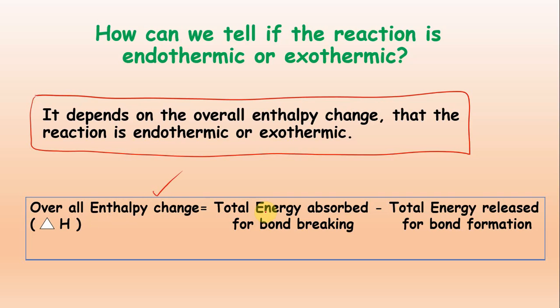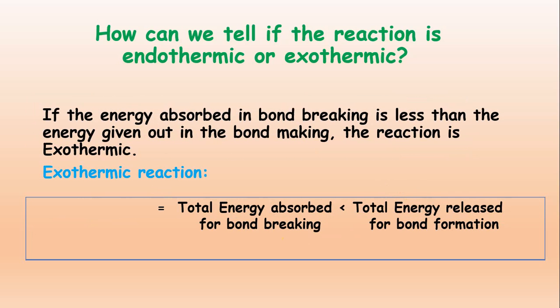Overall enthalpy change will be equal to total energy absorbed for bond breaking minus total energy released in bond formation. This is the main equation for the calculation of overall enthalpy change. Now on the basis of this formula, we can conclude two main points. If energy absorbed in breaking bonds